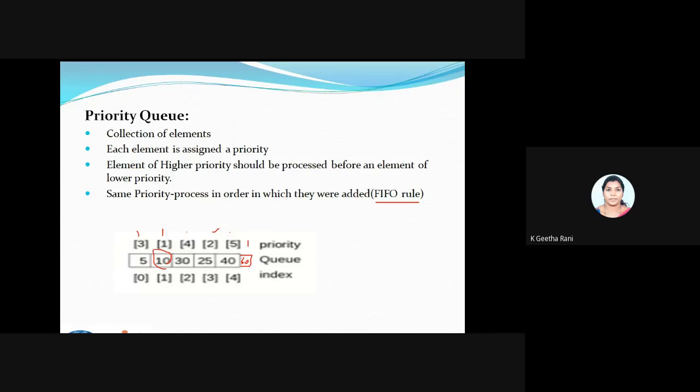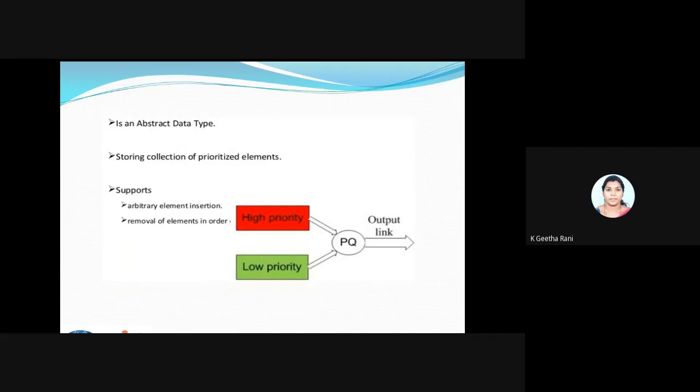Fine. So next is again the same thing. I'm just highlighting the terms higher priority and lower priority. Always the higher priority will be the smallest key value, like 1, 2, 3. So 1 will be the higher priority, then comes 2, then comes 3, then comes 4. That is the main thing under our PQ. PQ is nothing but the priority key concept. Based upon that only I'll be arranging the values, or putting the data. Fine, that is what I said here.